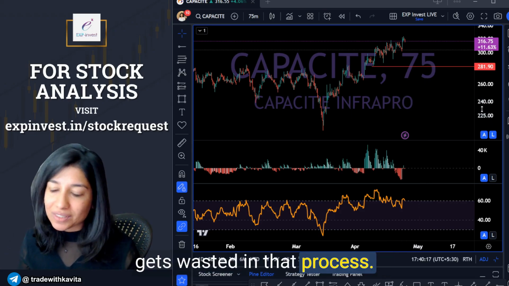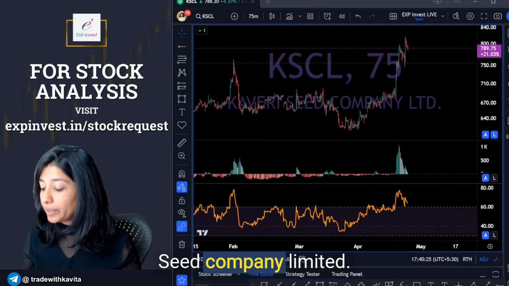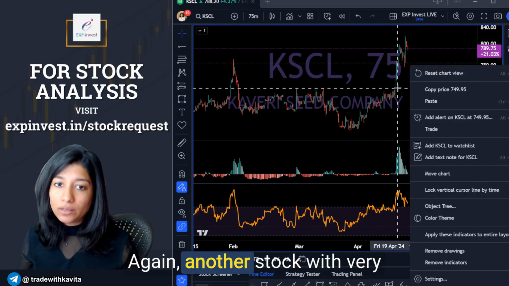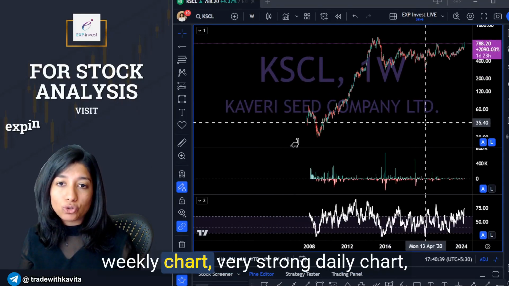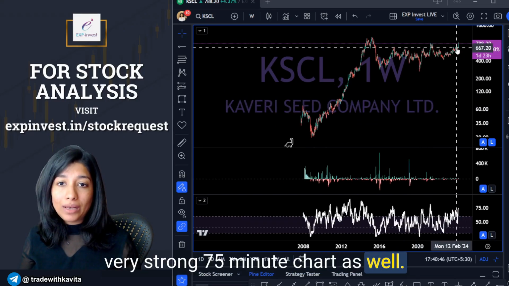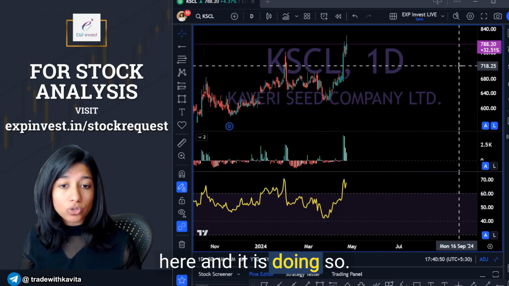in that process. Let's move to Amir's request for analysis of Seed Company Limited. His average cost is 750. Again, another stock with very strong volume activity, very strong weekly chart, very strong daily chart, very strong 75-minute chart as well. And it seems like the stock is trying to give a breakout here, and it is doing so